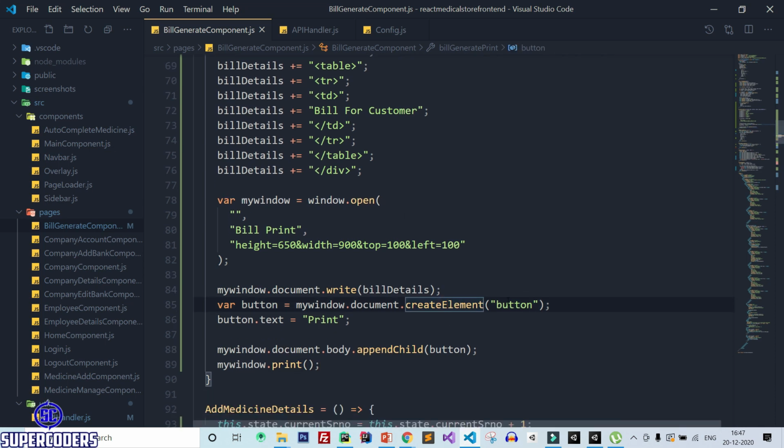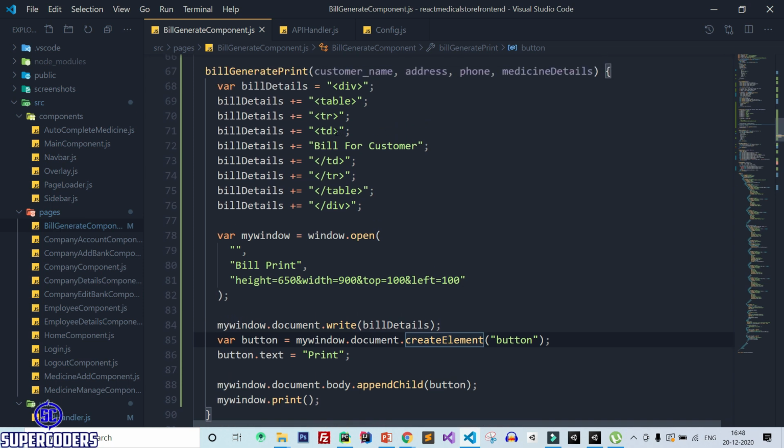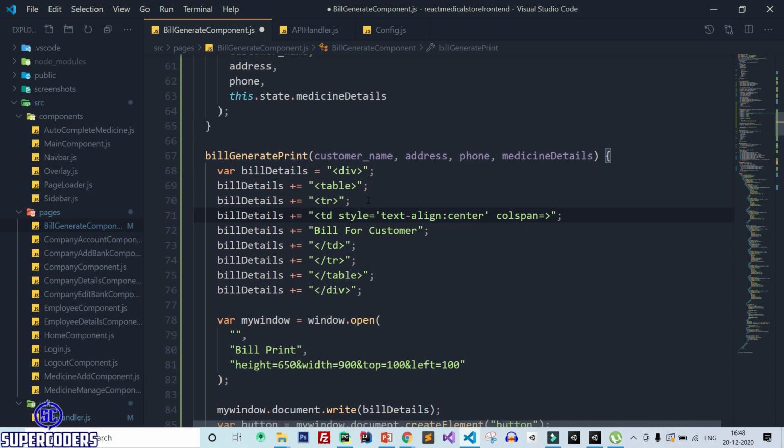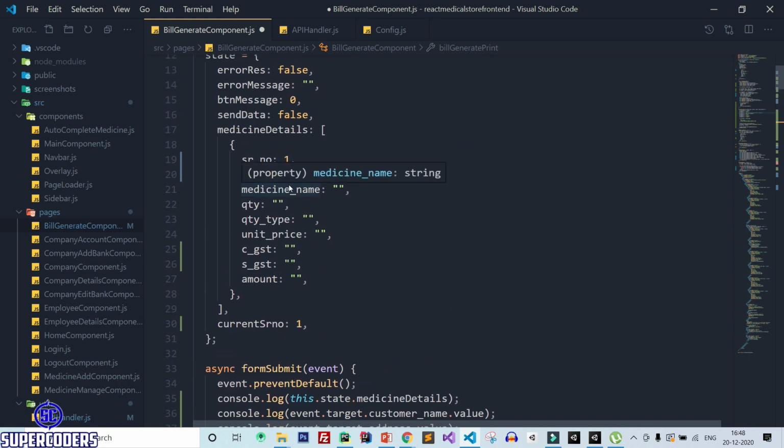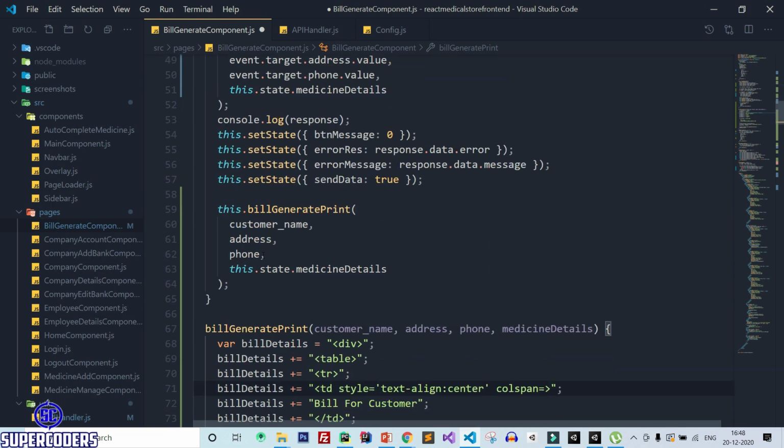So first, here I am creating a roughly bill. So let's see, style equal to text align center. After that, col span equal to, let's suppose, col span which is equal to serial number 1, 2, 3, 4, 5, 6 and 7 for GST.